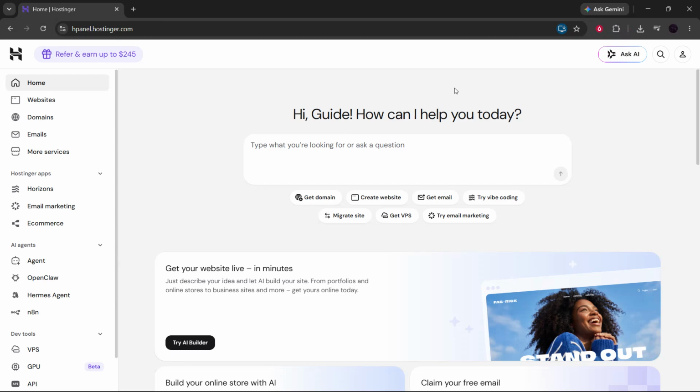If you need your Hostinger server IP address, you're in the right place. In this video, I'll show you exactly where to find it inside your Hostinger dashboard, and I'll also show you how to copy it quickly so you can use it for DNS records, A records, or SSH connections. This is a really useful step if you're connecting a domain, setting up email, pointing records to your hosting, or